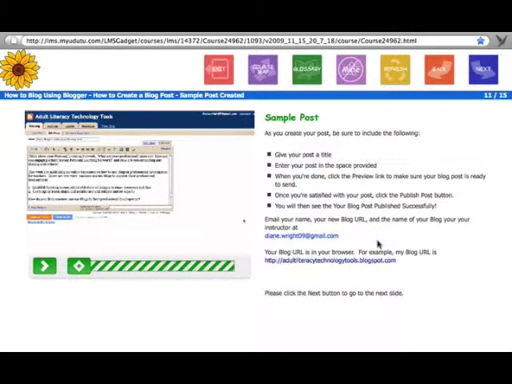In addition to having the information on the page, the students are actually in class with me, and I walk through the instructions with them, and they have an opportunity to have a dialogue with me after the class as well as with their students. You can see where in this particular instruction they had to email their name and the blog URL and the name of their blog to me,